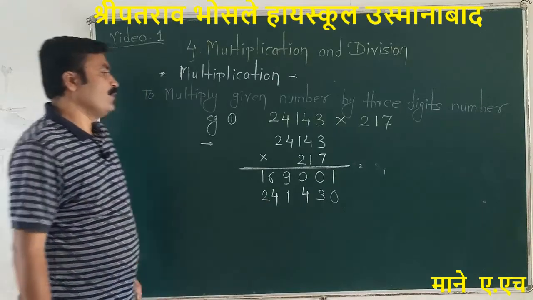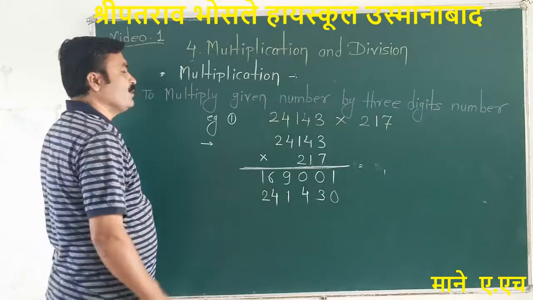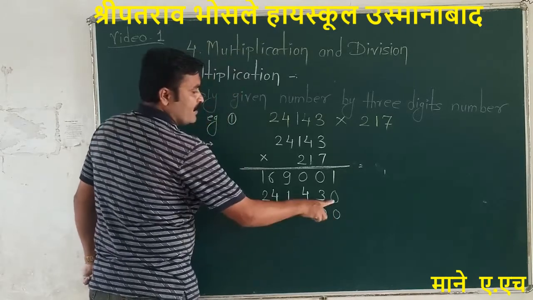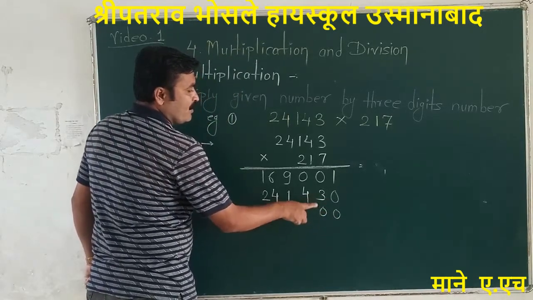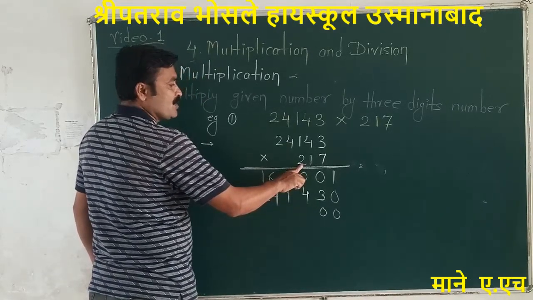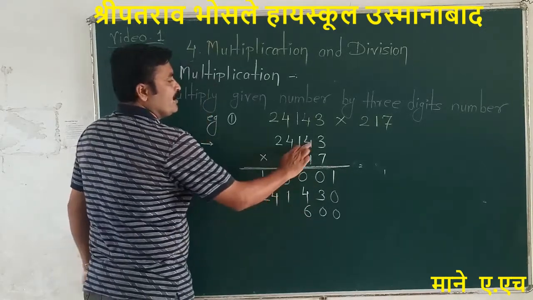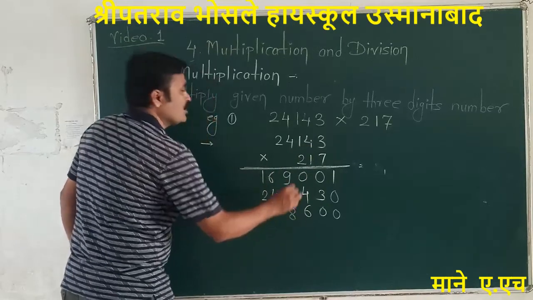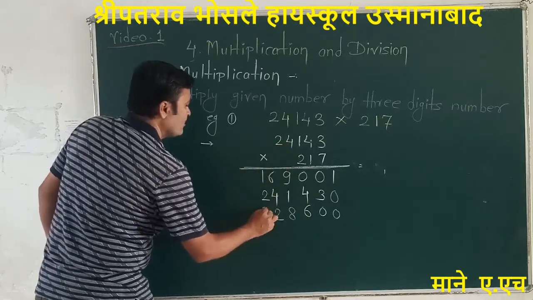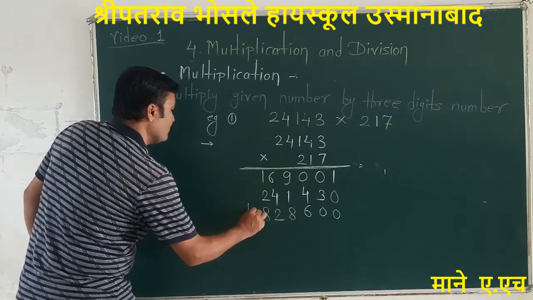After that, we want to start multiplication by 2 here. So this 2 is at the hundreds place, so we keep 2 zeros, 1 zero below 0 and 1 zero below 3. After taking these 2 zeros, now we can start multiplication by 2. So 2 into 3, 2 3s are 6. 2 into 4, 2 4s are 8. 2 into 1, 2 1s are 2. 2 into 4, 2 4s are 8. And last, multiply 2 into 2, 2 2s are 4.